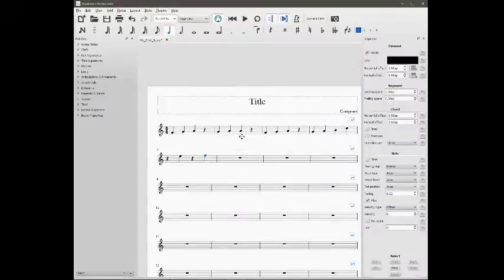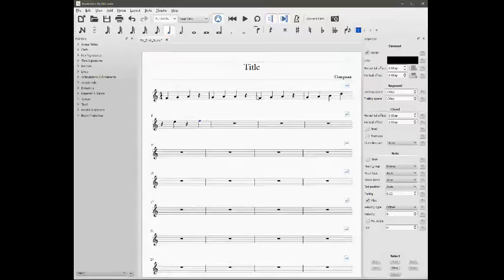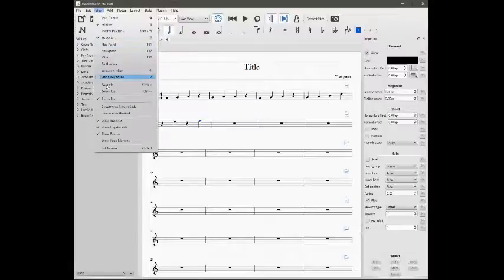The thing you want to know about is probably some formatting. Let's say I want to break these two measures off into their own line. A couple ways I can do that. So I have breaks and spacers right here, and I also have them right here. Probably one of the first things you want to do is go up and hit view, and you're going to have